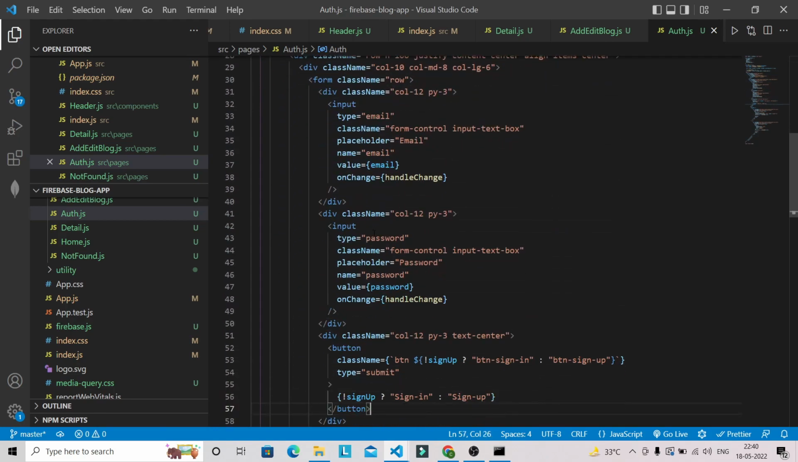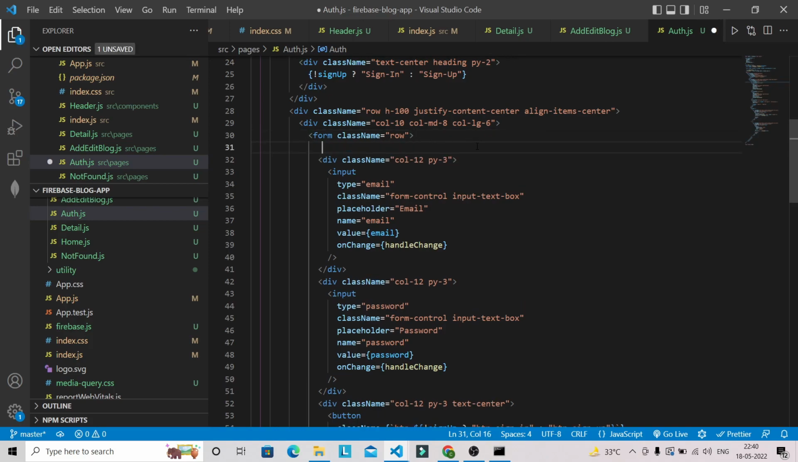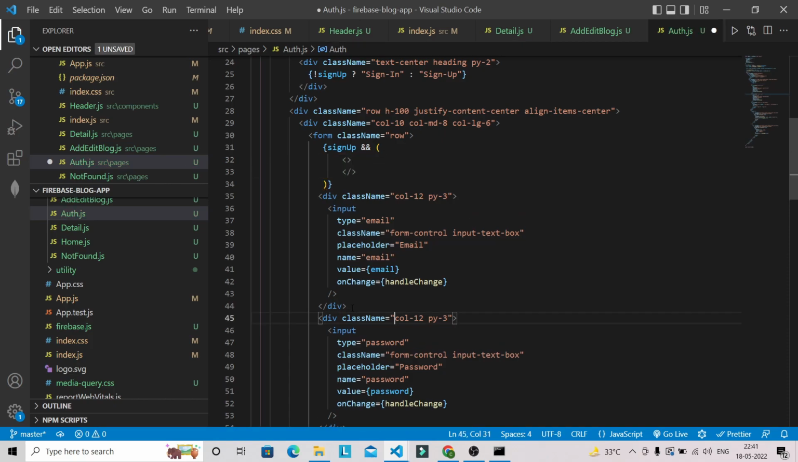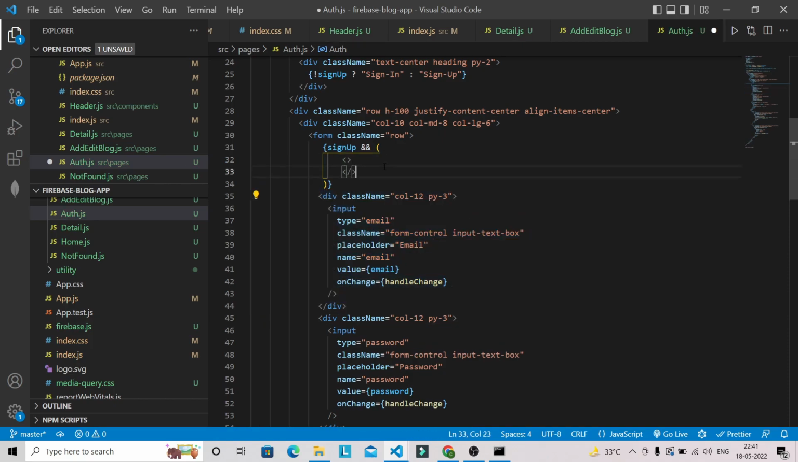After that, we have to check if we are in sign up, then only we have to add those input fields. So here we have to check if you are in sign up, then only add the additional input fields. Here I'm going to have a fragment first, and I can just copy this input field. So let's copy this div, the entire div,